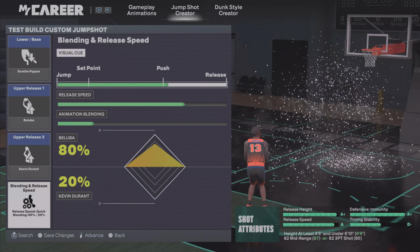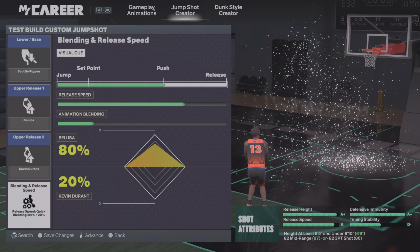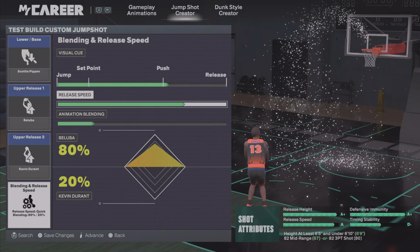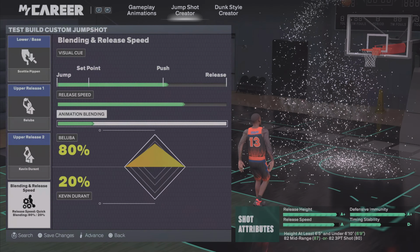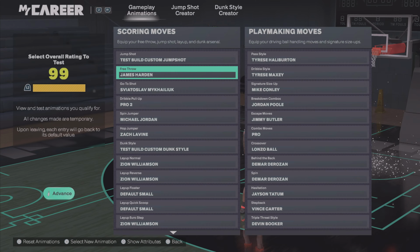I don't go that high on push, I go like right here. Alright, this is what I just do: this is 1 into push, this is 2, 3, so that's 4 into push, 75 shooting speed, and so 3/4 of 75, 80-20 on the blend. Save and exit. Harden free throw,